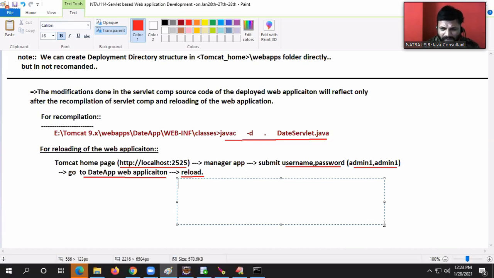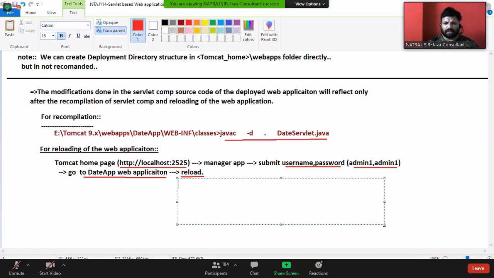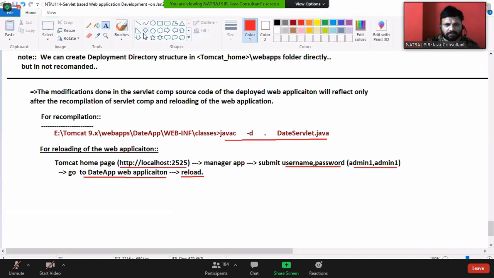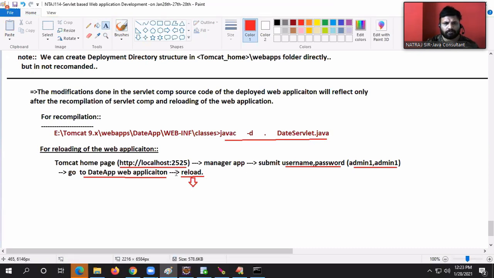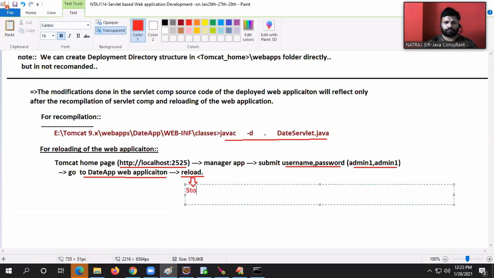Okay. Reload means stopping and starting the web application.